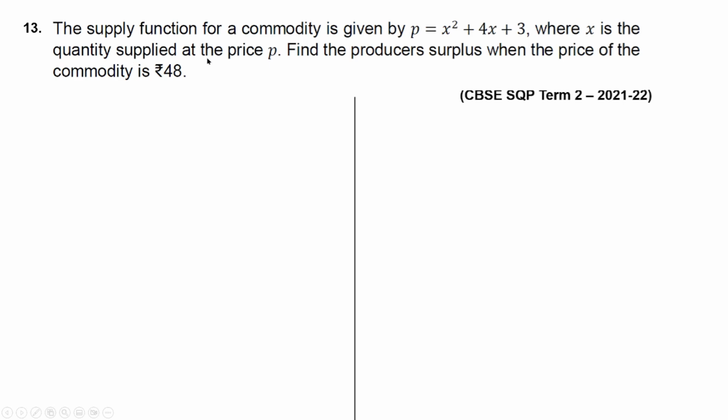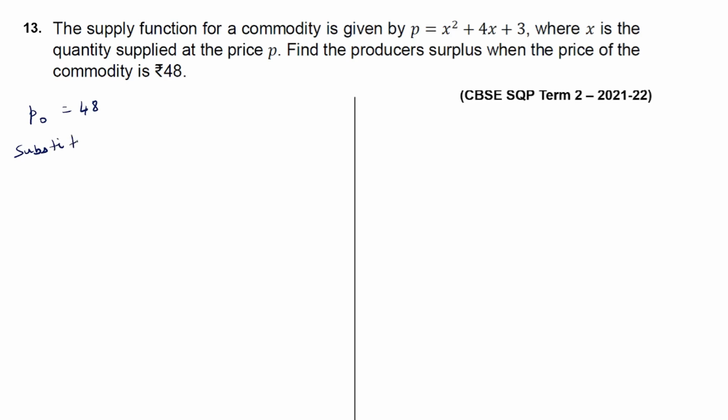Next question, the supply function for a commodity is given by P equal to x square plus 4x plus 3, where x is the quantity supplied at price P. Find the producer surplus when the price of the commodity is rupees 48. So here the supply function is given, and then the price is given as rupees 48. We have to find the producer surplus at this price. P naught equal to 48,